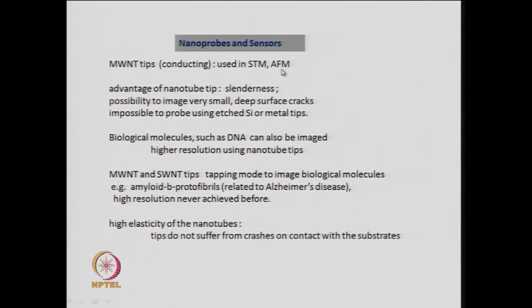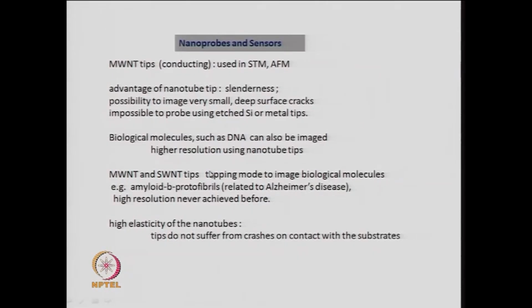And in AFM you can use this kind of tips to study the changes in the atomic force. Now, the advantage of using a nanotube tip is that it is very narrow. So, it is very slender and it is possible to image very small and deep cracks, which is not possible by standard metal tips like platinum, iridium which I showed, or silicon which cannot be etched to such narrow dimensions. So, that is the advantage of this nanotube tip, because it is very narrow, they can study much smaller details